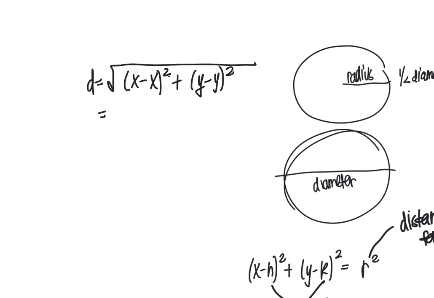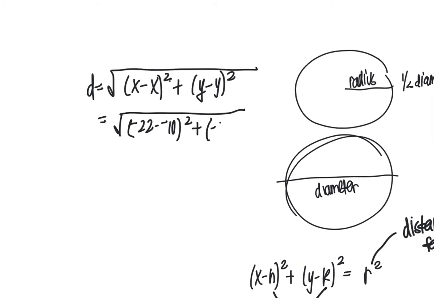So I'm just going to say negative 22 minus negative 10 squared plus negative 12 minus 4 squared. So that comes out to be square root of negative 12